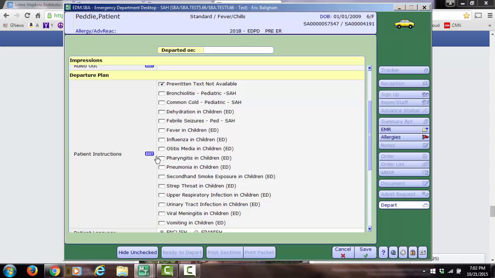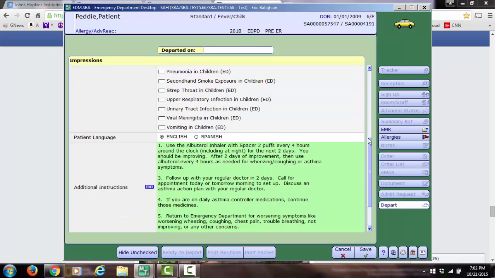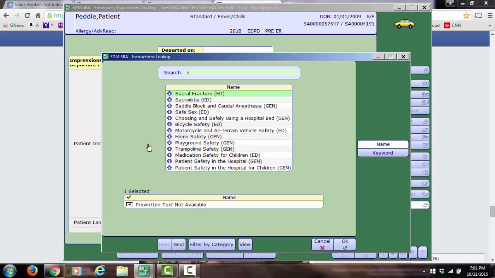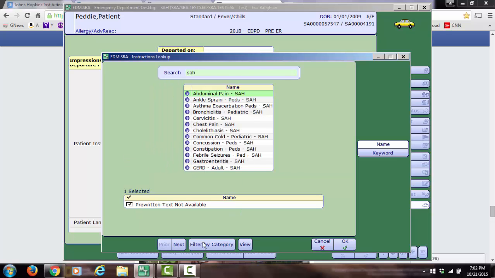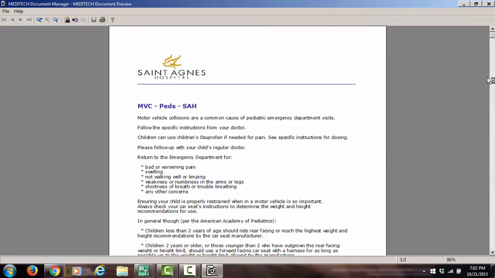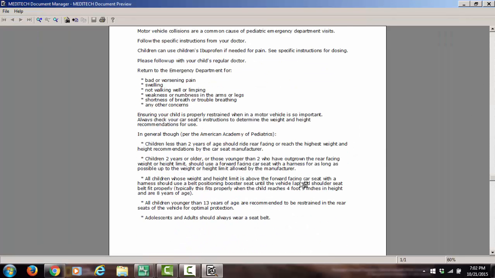So hopefully that'll help. I wanted to show you one other. So I'm going to search for SAH. These are all the instructions that we created. And I particularly want to show you MVC instructions. We get a lot of patients with MVCs. We made these, and I think it's nice because it kind of goes over